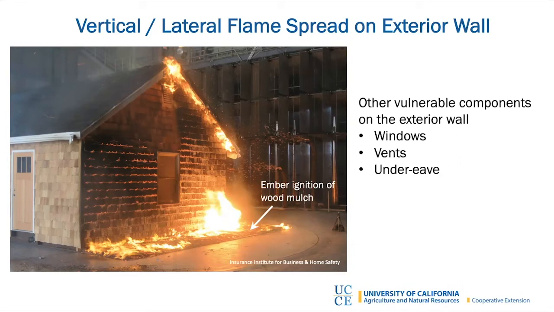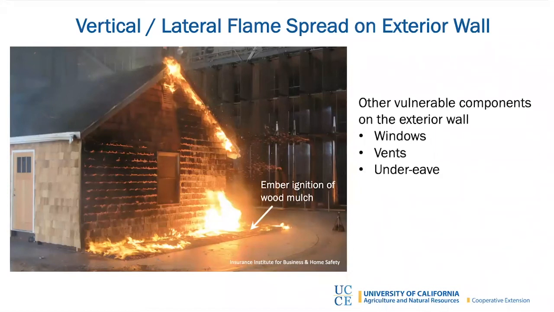If you had a fuel that resulted in tall enough flame, I think if you just had the ignited bark mulch with non-combustible siding, the under eave area wouldn't be the problem. It may be a problem to the window, but it wouldn't be a problem to the under eave area in this particular scenario. If you had a wood pile there or a lot of shrubby type vegetation, it could be a different story. The easiest solution,